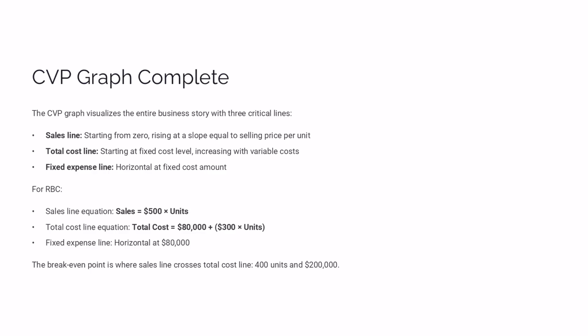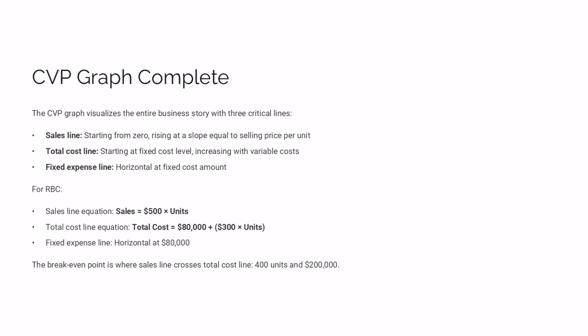When Elon Musk presents to Tesla investors, he literally shows them this exact graph for each vehicle line, demonstrating how the Model 3 needed 250,000 units annually to break even, while the Cybertruck needs only 150,000 because of higher contribution margins. And understanding these graphs is what allows analysts to value Tesla at $800 billion despite years of losses.